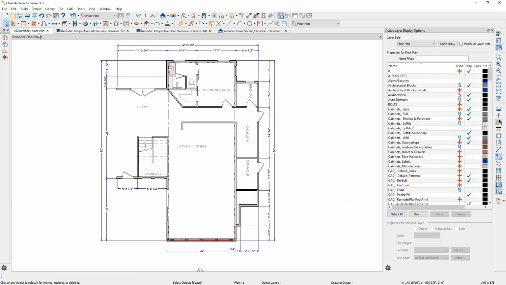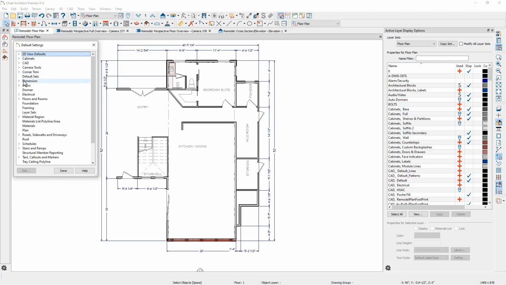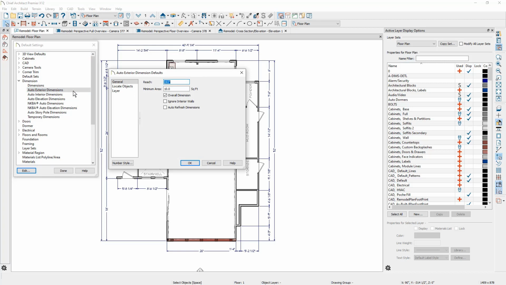You'll notice that my automatic dimensions we placed earlier are not picking up the centers for those objects. That's a setting you can make an adjustment for. If I were to make that adjustment in the defaults, you'll find that setting underneath specifically for the automatic exterior dimensions. For locate objects, you can simply come down, mark that it's openings,